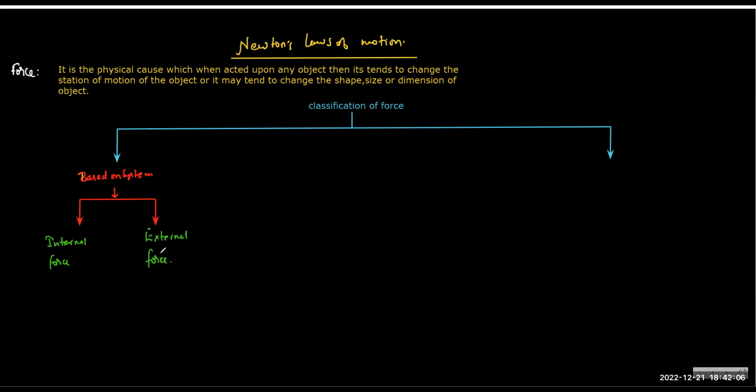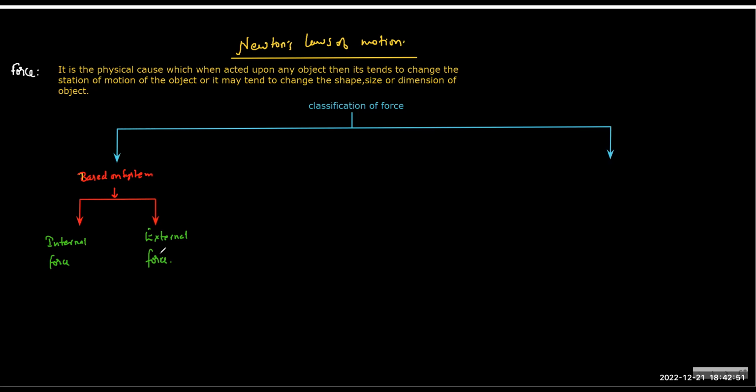So let's say two siblings are fighting with each other, and you are the observer. You are watching it, and if you treat each person, each boy or girl, as a separate entity, you think one person as one system, then the fighting is between two systems, right? But if you assume both the boys as one system, then fighting is happening within the system, isn't it? So it depends on what system you assume.